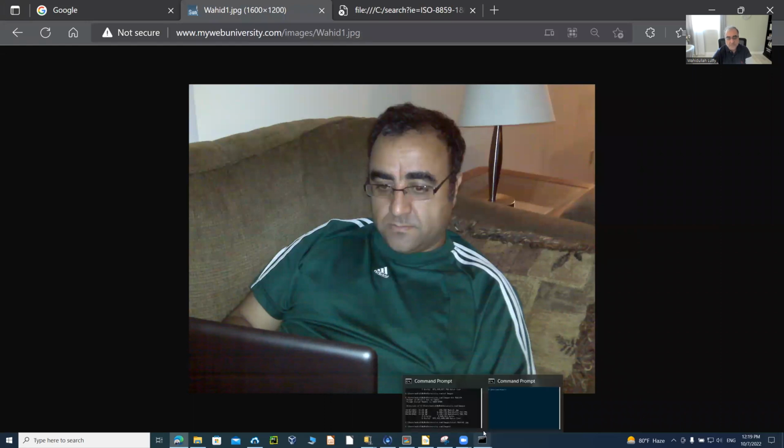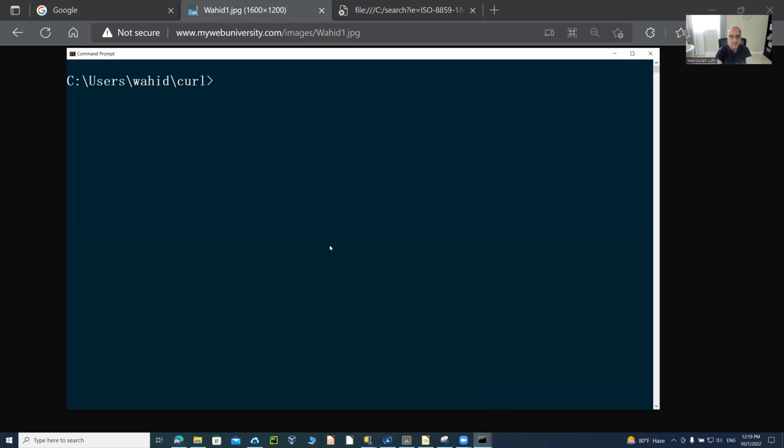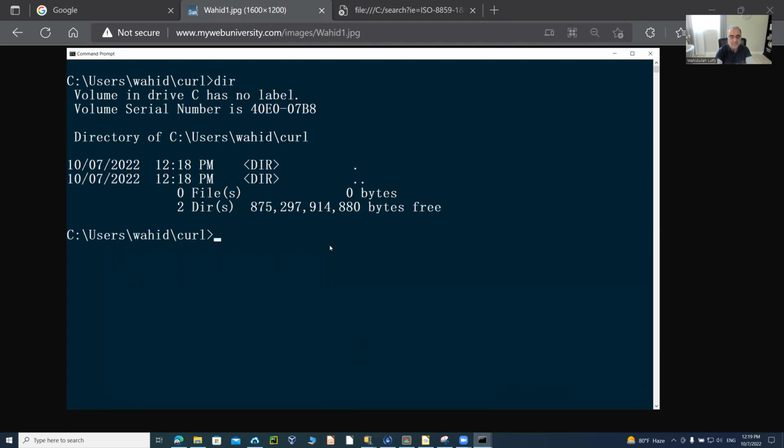I'm going to just download that one using curl. So I'm on the local machine, a Windows machine, and I want to just download the image from the web or internet. So here, this directory is empty currently. Let's just do this, curl -o, and then I'm going to paste that URL here. So basically what I'm saying is curl -o, keep the same name and download that name from this URL. The full path of the source image is this one. Download it to this machine here. So when I press enter,